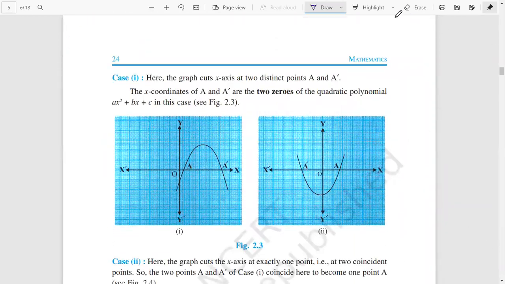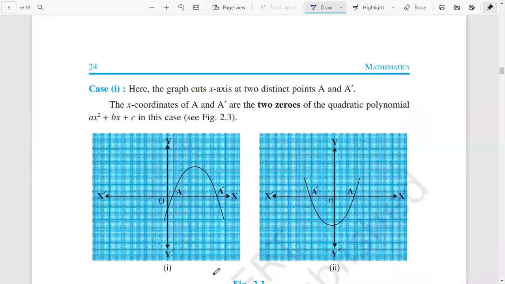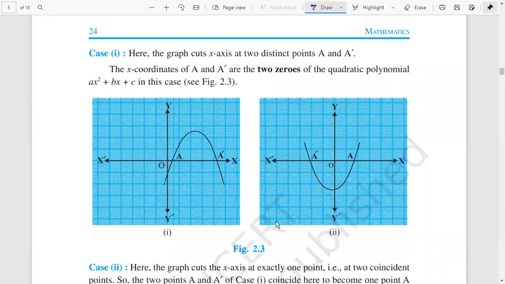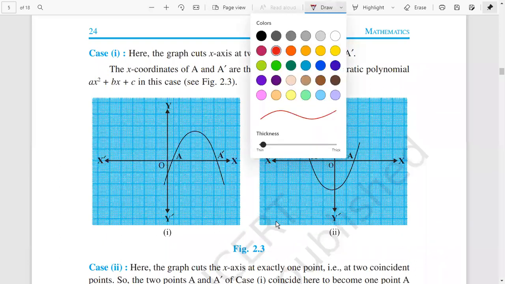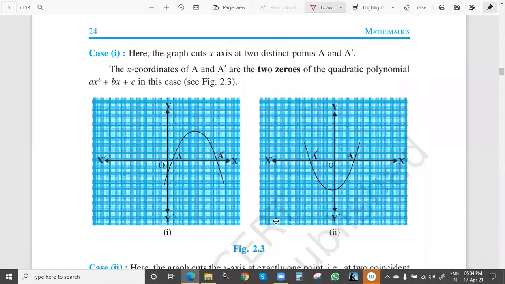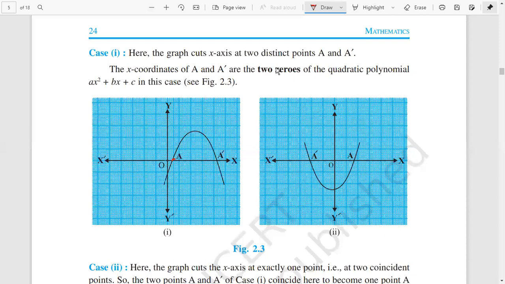How many zeros in these two cases? Please quickly reply with your answer for both cases. How many zeros? Two. Right, 2 zeros. Akhil, Pratibha, both of you are correct, because 1 point here, other point here. But when we have to tell the values of zeros, so 2 zeros. Here also 2 zeros. Correct.